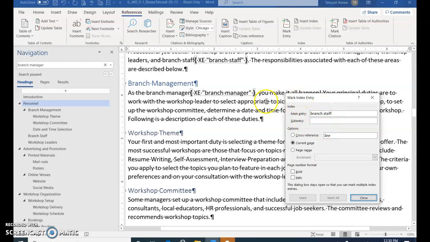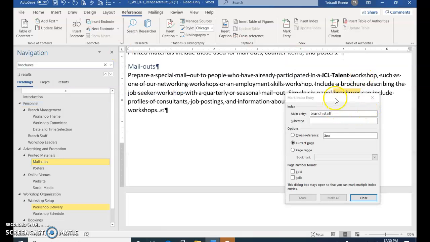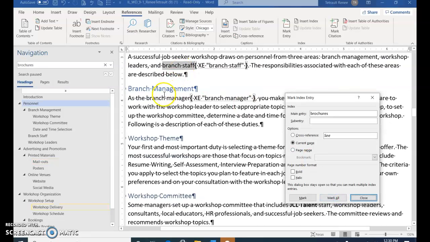So we just marked all the text for Branch Manager. Now click in the navigation again, and we're going to do this to several others. One is brochures, and again click in the mark entry so that brochures comes up. Choose mark all, and then click in the document, and in the navigation the next entry we're looking for is